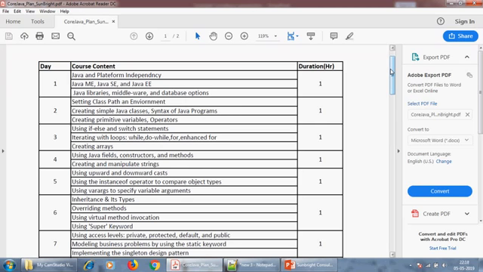So here you can see on my screen what content we will be going to deliver in this 30 hours training or 30 days training. We'll start with what is Java and platform independency, why it is mostly said that Java is a platform independent language, because the bytecode generated by the class file can be transferred over the internet, and how it will be accessed or decoded on different machines, and what is the role of the Java virtual machine, what special capabilities JVM has that made Java platform independent.